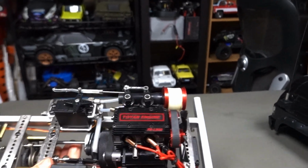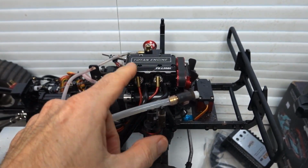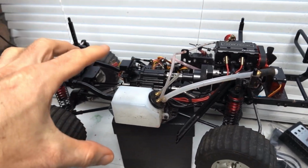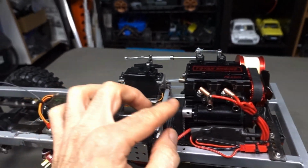First and foremost, we have an FSL 200, awesome motor. That's the same one that's in this guy just here. A little bit different where it's FSL 200A, but pretty much the same thing. This one just has a different carburetor, and this is the Sand Cruiser. So FSL 200, it's a 4-stroke, 2-cylinder motor, electric start. It's got a one-way bearing,